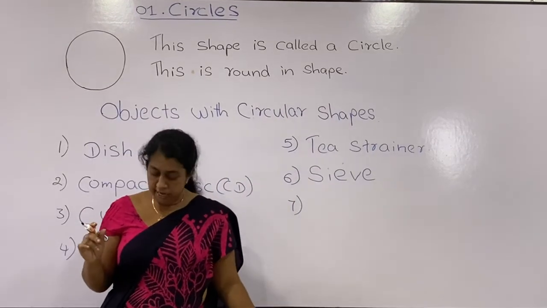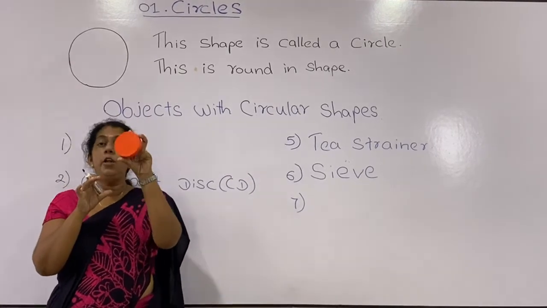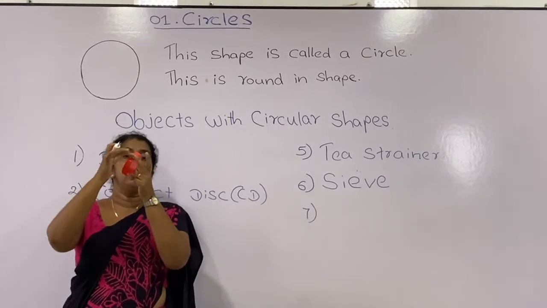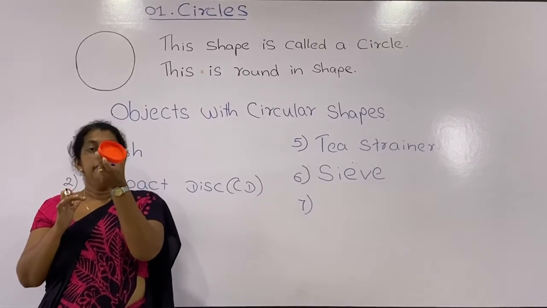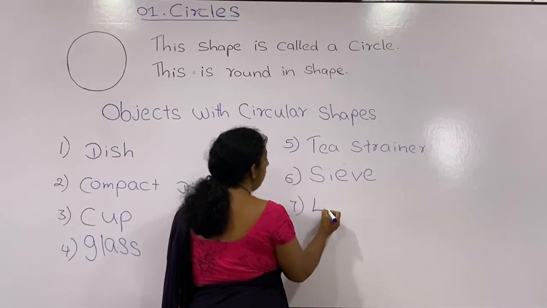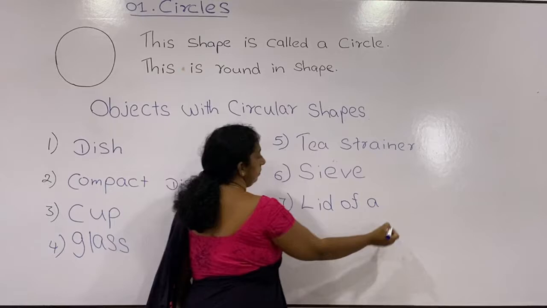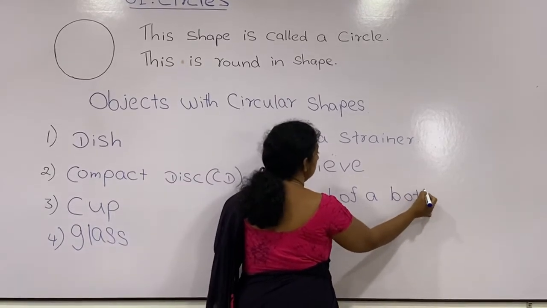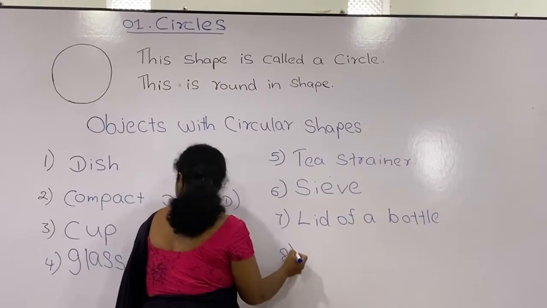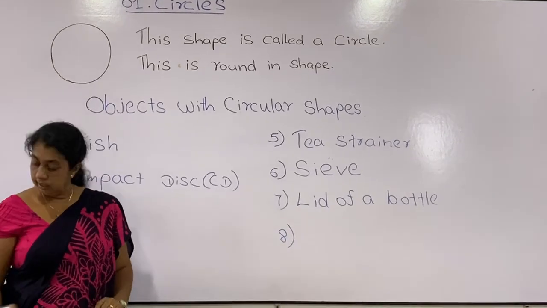So what is the next one? What is this? This is a lid of a bottle. You can see that also has a circular shape. So you can write lid of a bottle. And we shall see another one. What is that? There is another